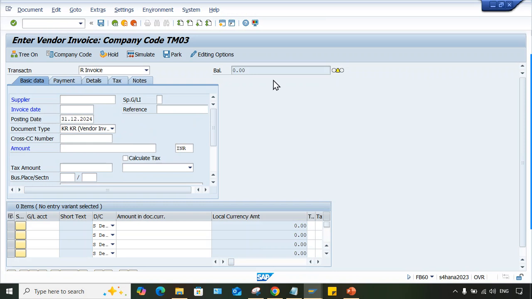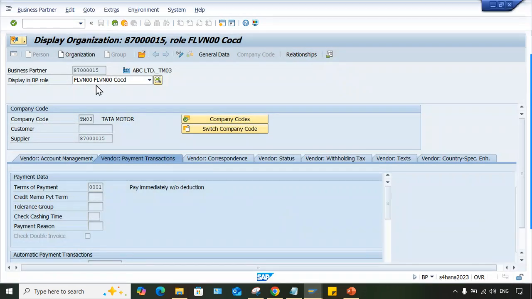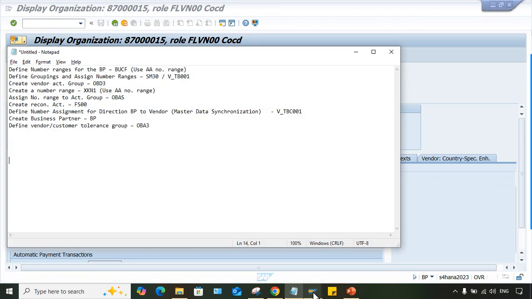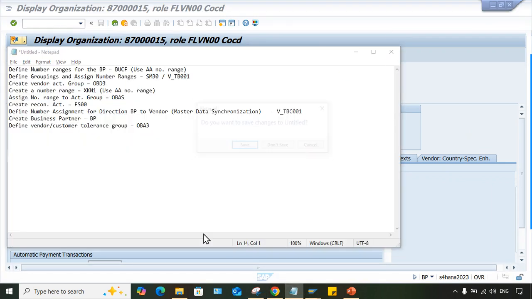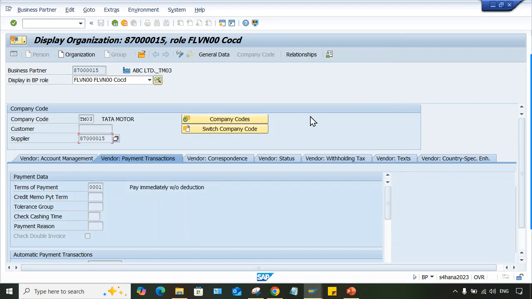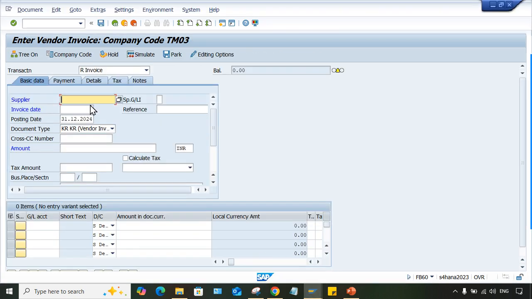Now once again FB60, because just now we have changed the number range, right? What is the supplier number? Supplier number, look at here, this is the number we are having. Just Control C. Now what is this? Let me not save. These are like, I was preparing the PPT, so I've written over there. Okay, so now give the supplier number, the date,